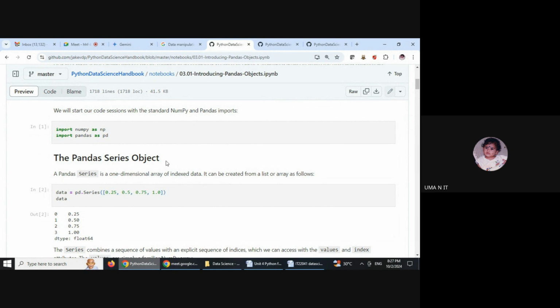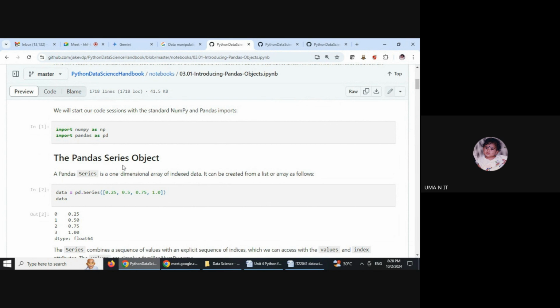Okay, so like NumPy, we are just going to handle the data here, and everything is like an array, but something is different from NumPy in pandas. So we are going to see the series object, the data frame object, and the index object of pandas at the beginning of our content.